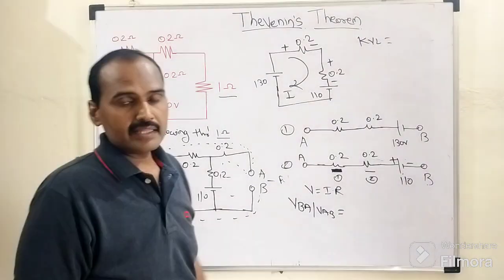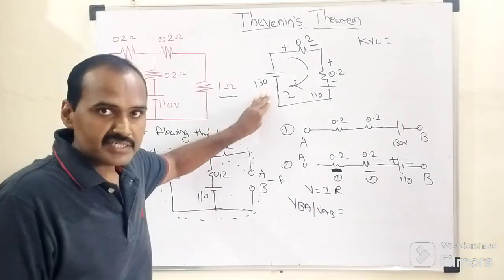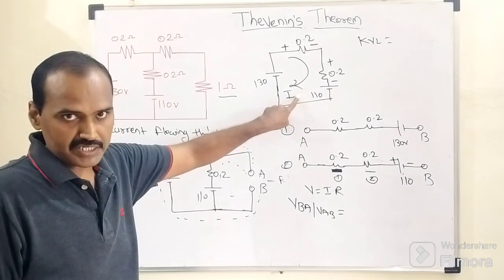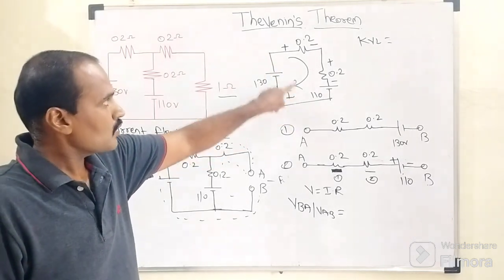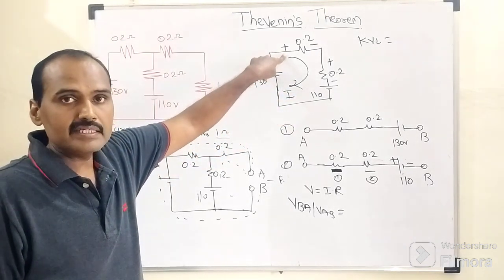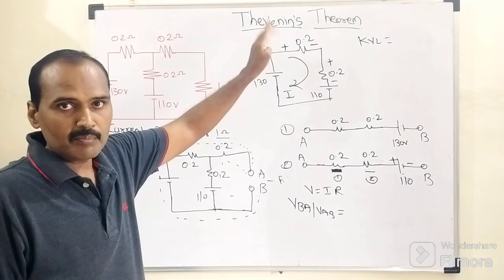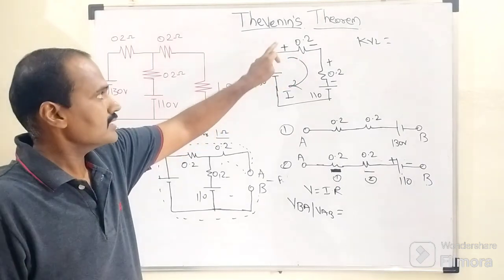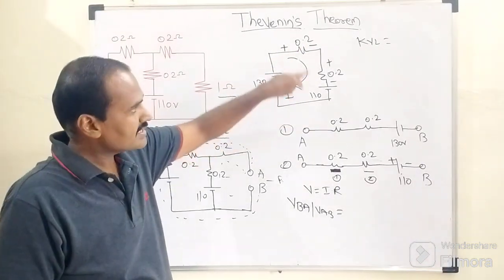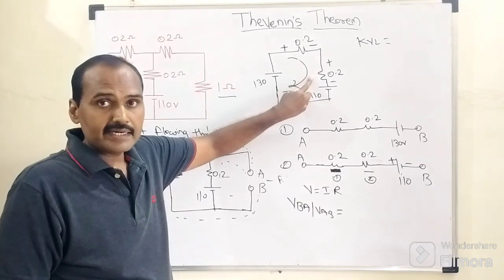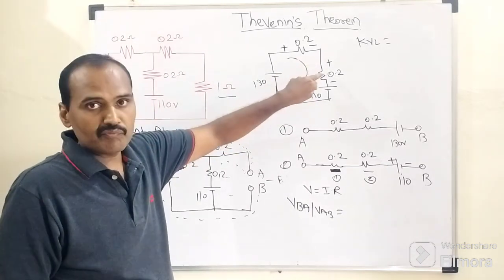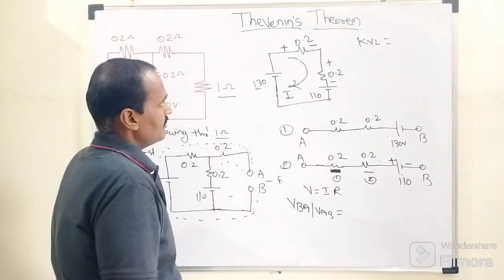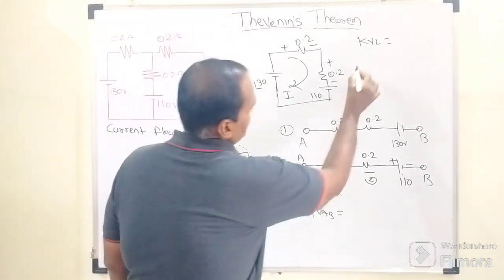So friends, when we apply the Kirchhoff voltage law to this existing loop, the direction of current is assumed as clockwise. So accordingly, this clockwise current flows in this horizontal arm resistor from left hand side to the right hand side, right? So accordingly, the polarities are, this is positive and this is negative. As far as the resistor connected in the vertical arm is concerned, this clockwise current flows from top to bottom. Then when we start our journey with this 130 volt battery, the KVL equation will become,